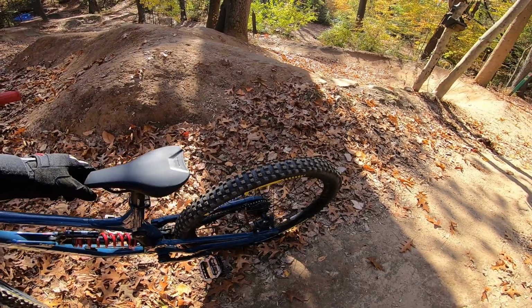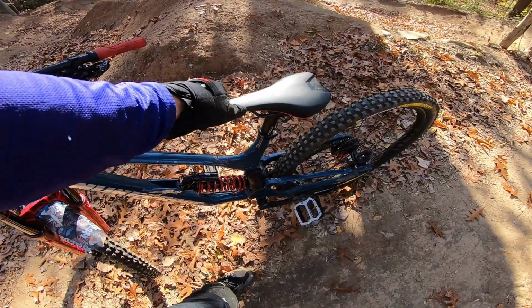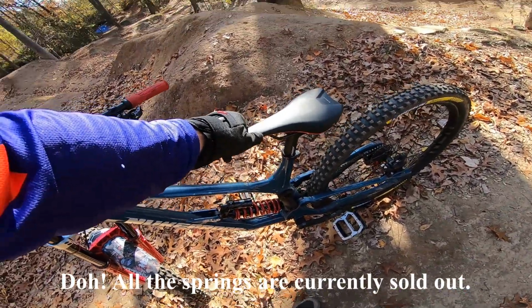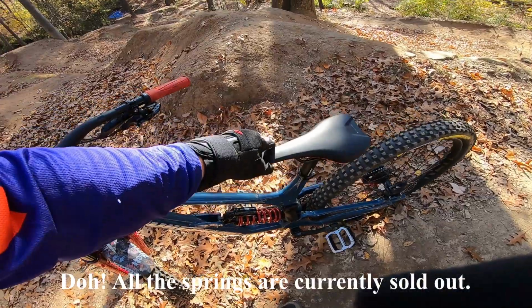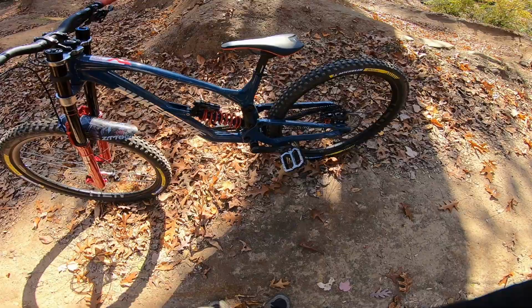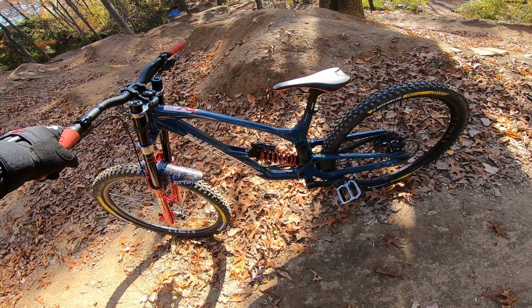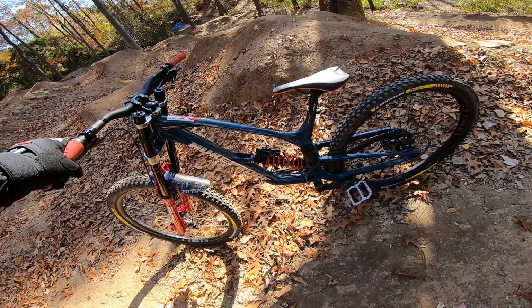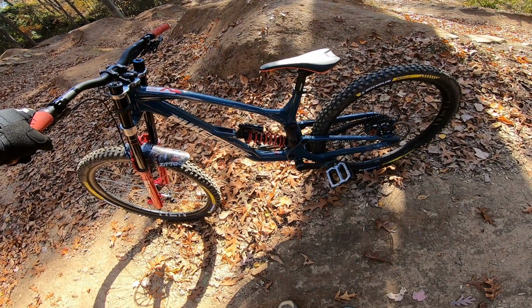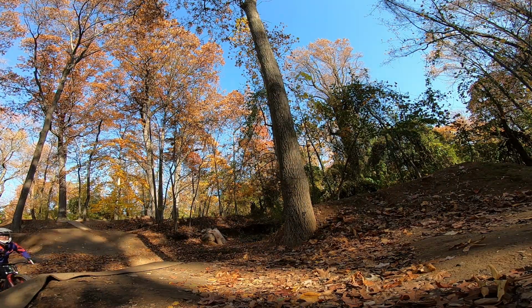So I gotta update the spring. I'm not condemning the setup yet. Put a 450-pound spring in and go from there. Or maybe the trails here are just too slow, which is also my first thought, because I'm not getting enough force to get into the real progressive springy part. I'm just going through the soft mushy part of the leverage so far. Keep you posted. Here you can really see that the back does not want to lift up in the air,